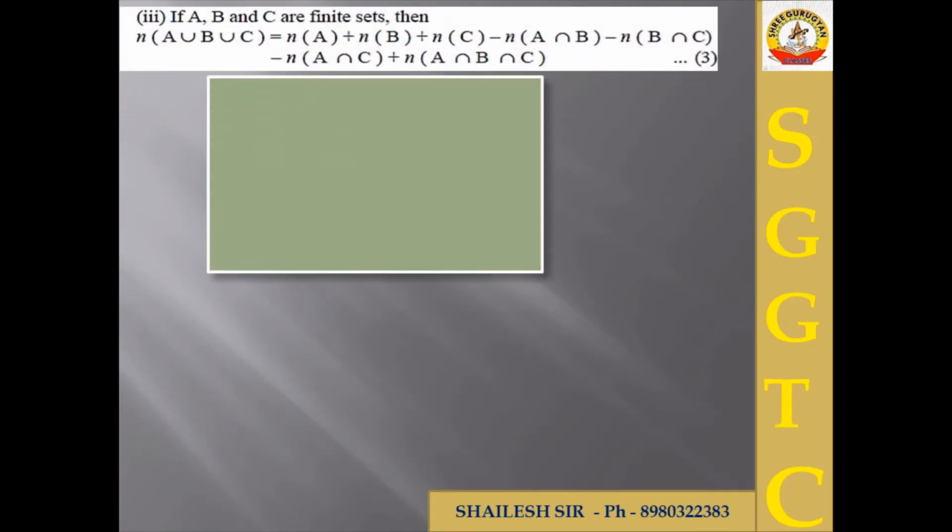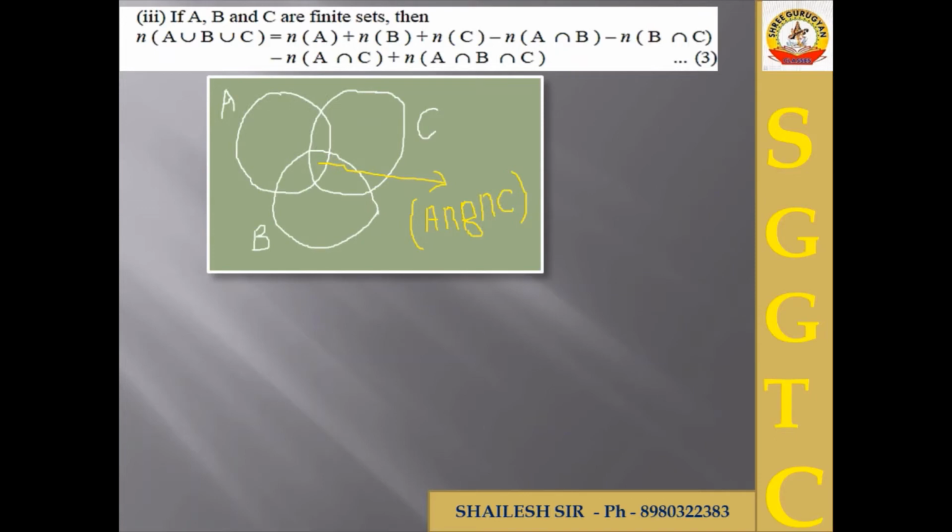Third one, drawing wise, I explain to you first. Look at this. These three figures A, B and C. Definitely the area in between, yes, the area common to all three sets A, B and C. So that's why I wrote in yellow color A intersection B intersection C. And now I go to the proof.